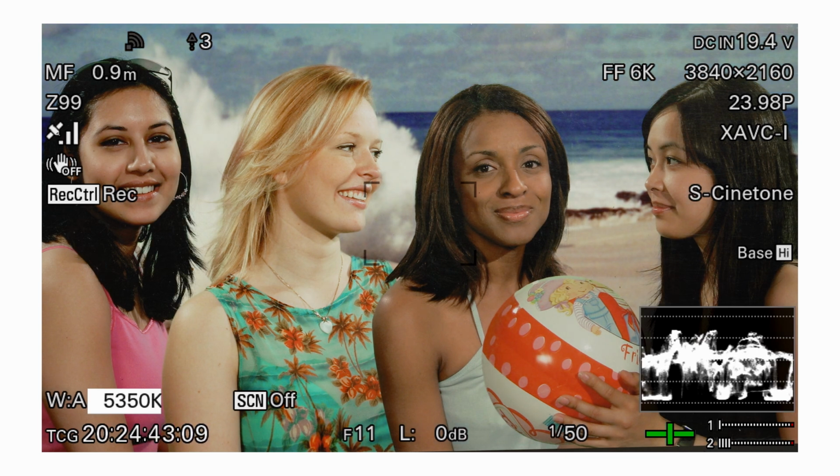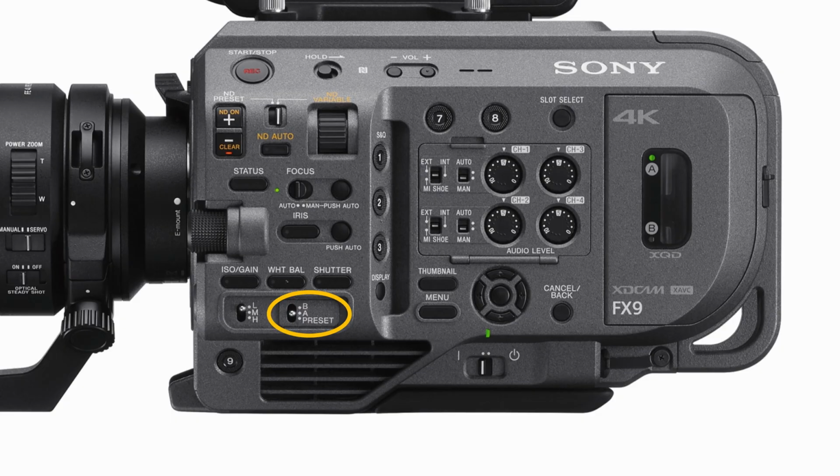When changing the white balance color temperature this way, the new setting replaces any value previously set via the menu. If you wish to white balance off a white target, such as a white card, then the white balance switch A and B positions represent two memories in the camera that can be used to remember the white value for